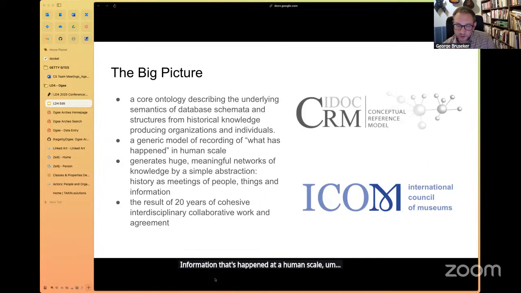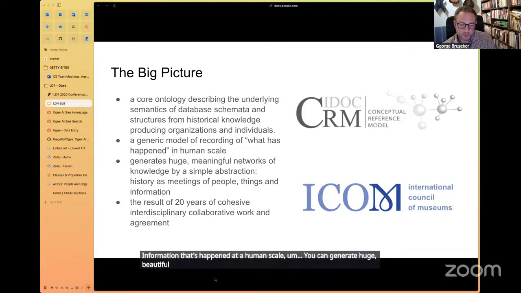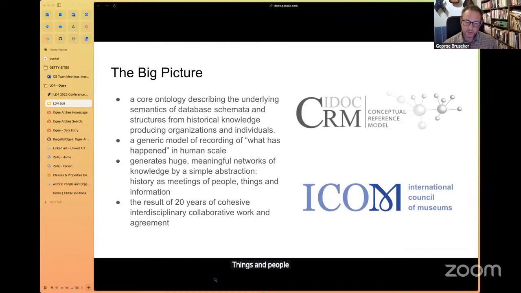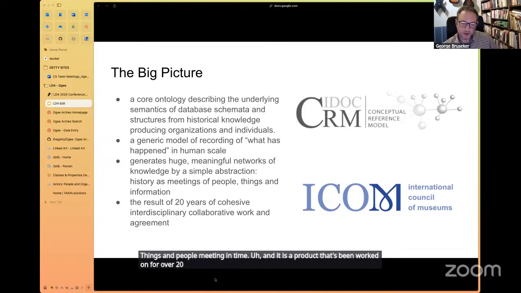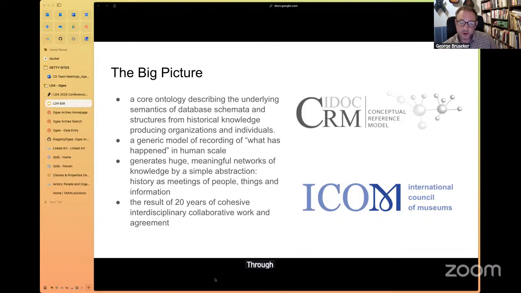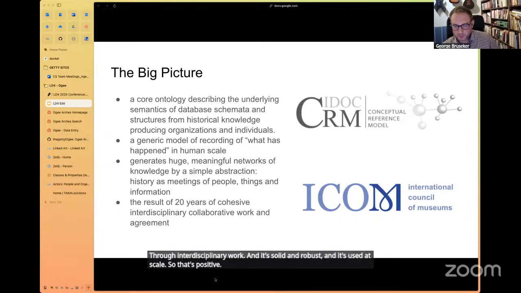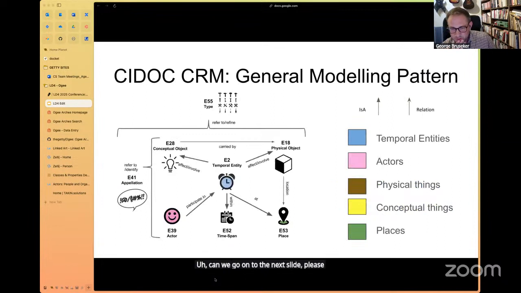You can generate huge, meaningful networks of knowledge by an abstraction of things and people meeting in time. It is a product that's been worked on for over 20 years through interdisciplinary work, and it's solid and robust, and it's used at scale. So that's positive. Could we go on to the next slide, please?